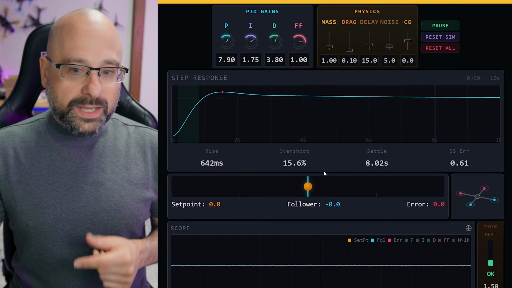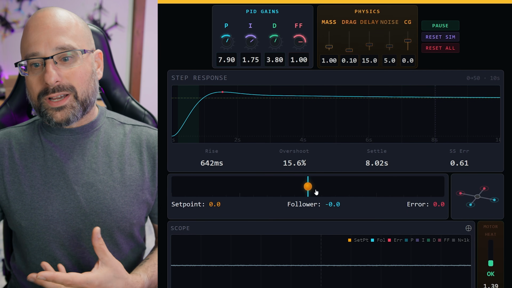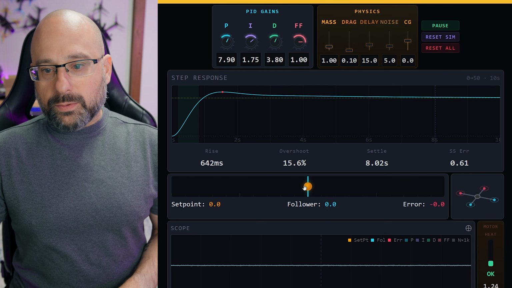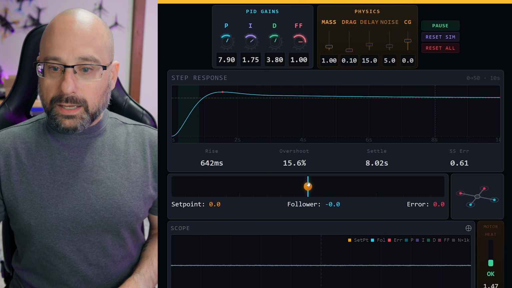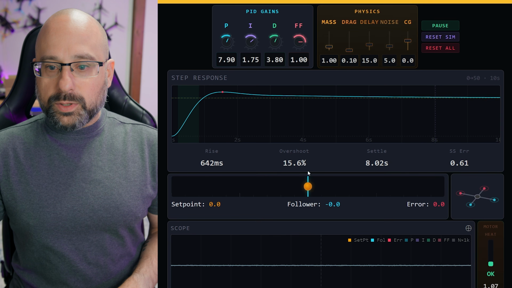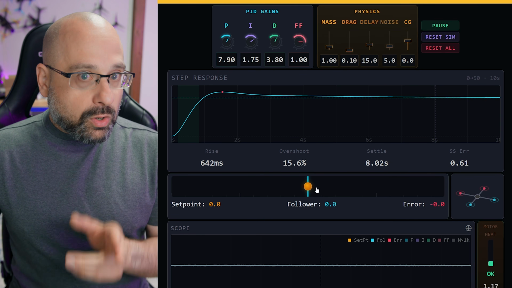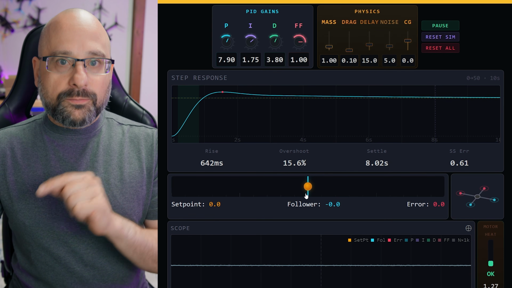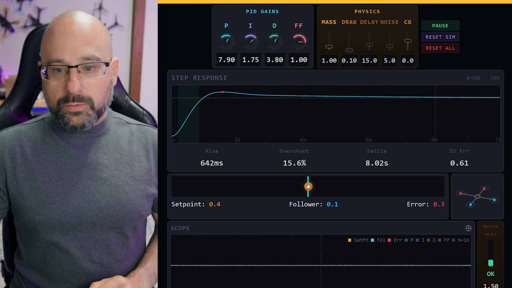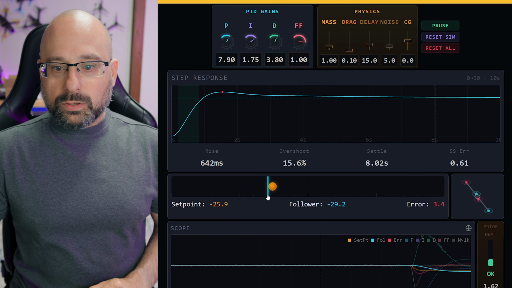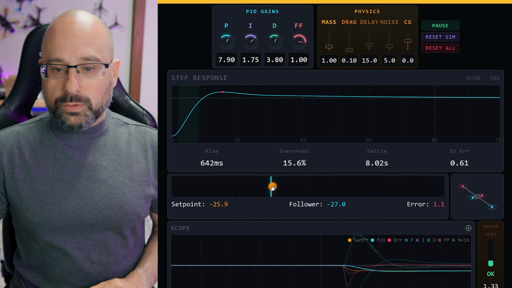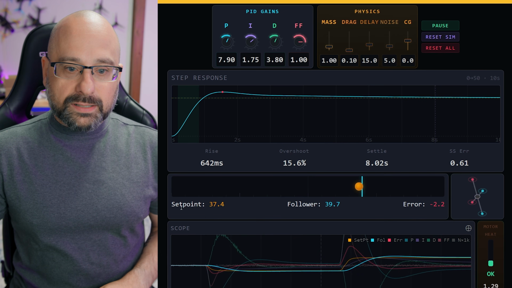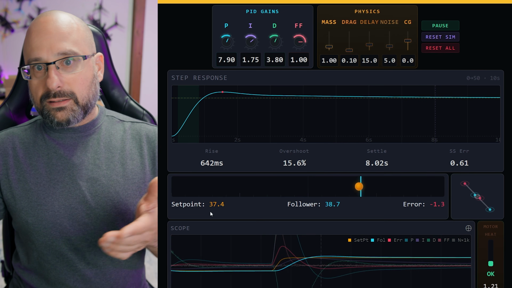Let's start with an overview of the interface so you can understand what's going on as I'm interacting with the app. The first and most basic thing that we have is this orange handle, I like to call it, and this blue line, which I call the follower. The goal of the PID controller is going to be to make that follower follow the handle. So if I move the handle like this, the PID controller will try to make the follower go to wherever the handle is. We can see that the orange handle is labeled set point in the app, and that is